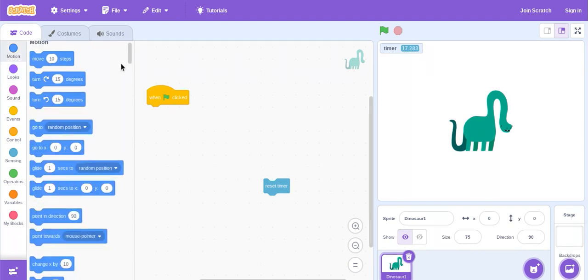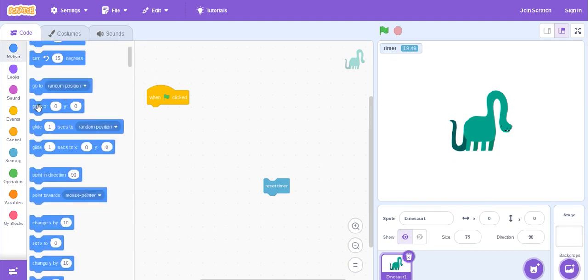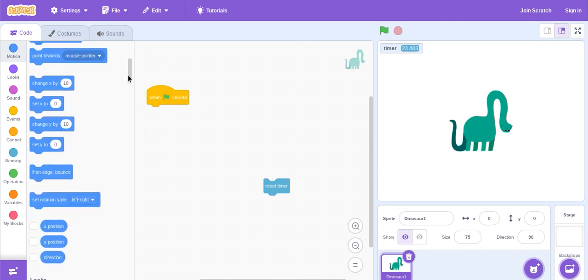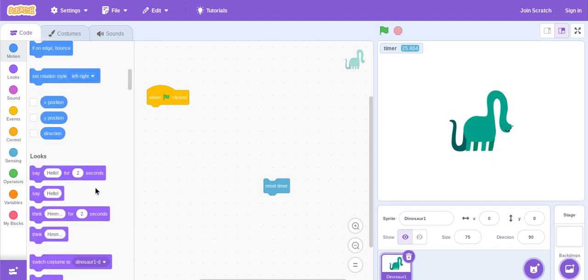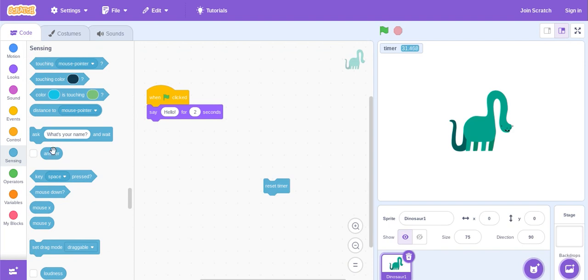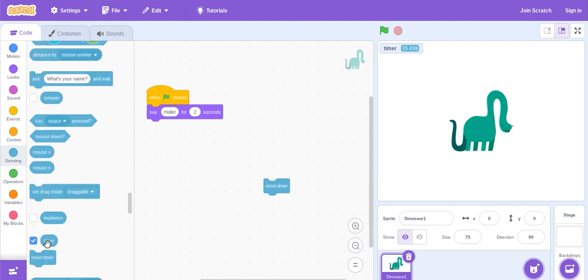Yep, we can choose go to X. Never mind, say hello. Yeah, say hello for 2 seconds and say the timer. Let's do a bit complicated stuff. Here we go. Say the timer,